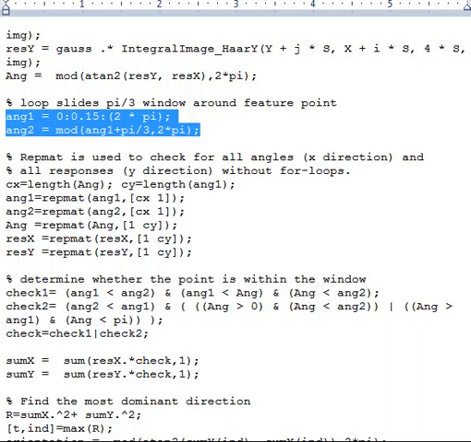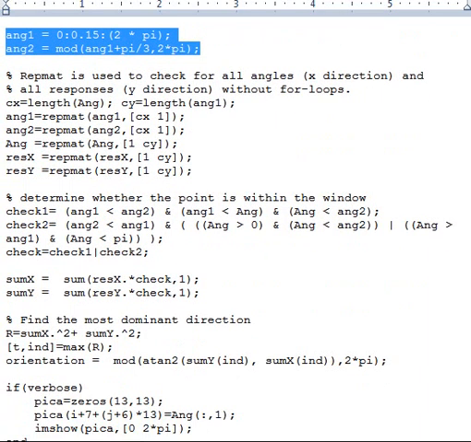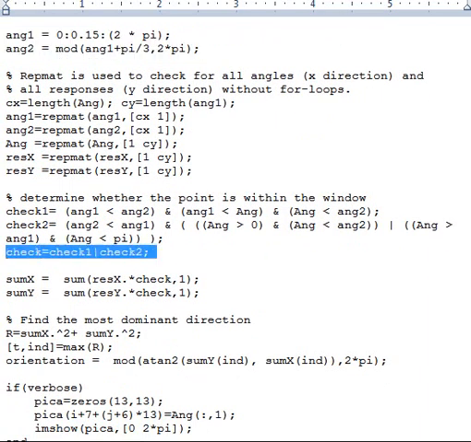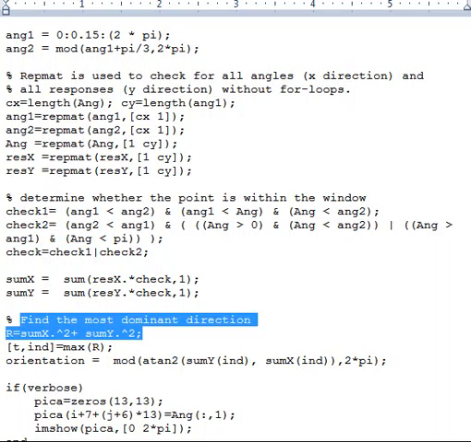So the angle is between 0 to pi, and between angle 1 and angle 2, that check we apply, and then final check equal to check 1 plus check 2, and then you multiply it with that check, so it is either 0 or 1. So sum of residual, whenever that check is not satisfied or the angle goes outside 0 to 2 pi, we make it 0, multiply and leave it, and then you take a Euclidean